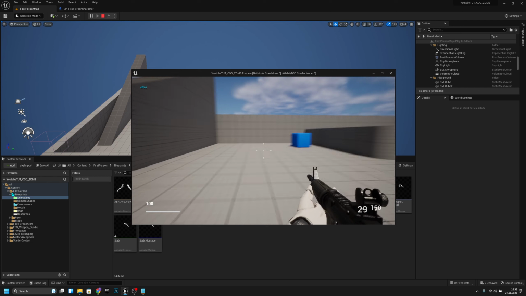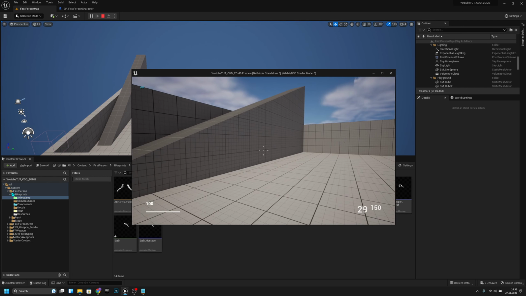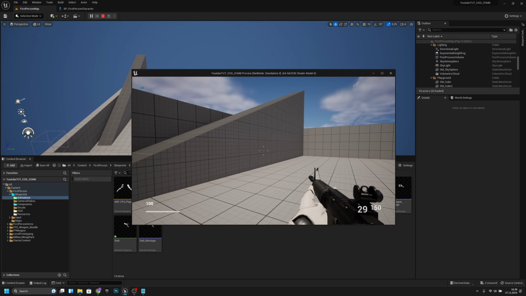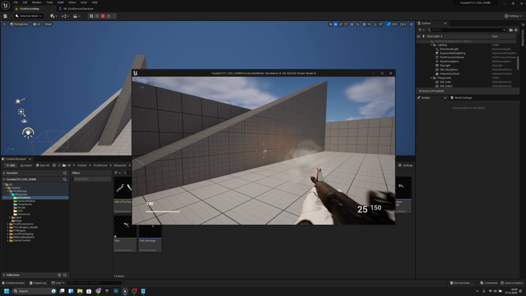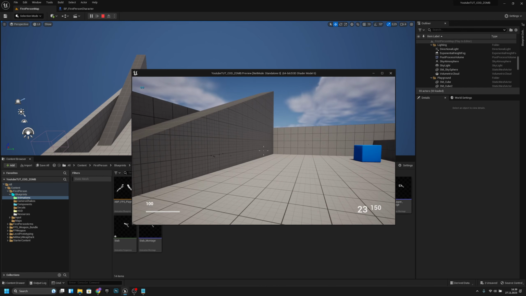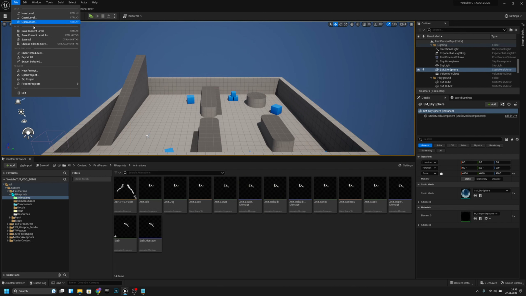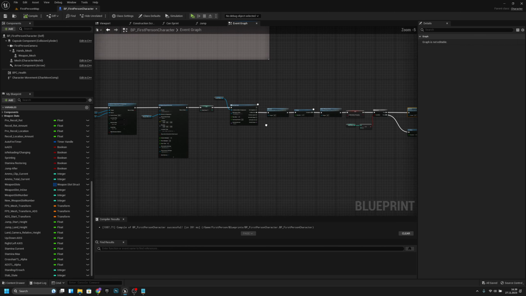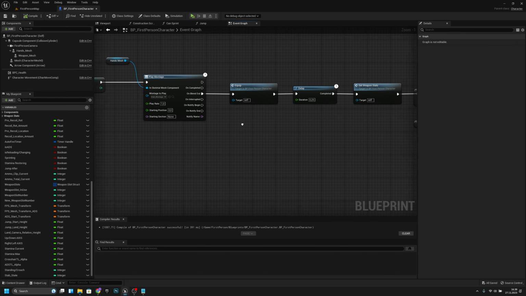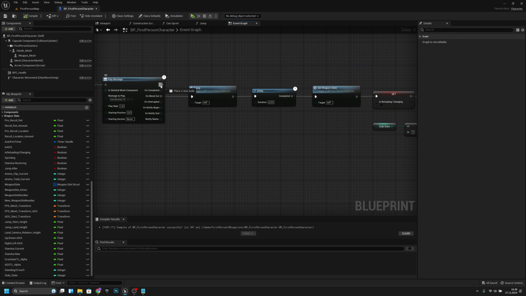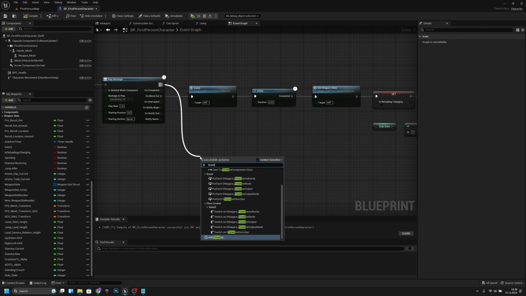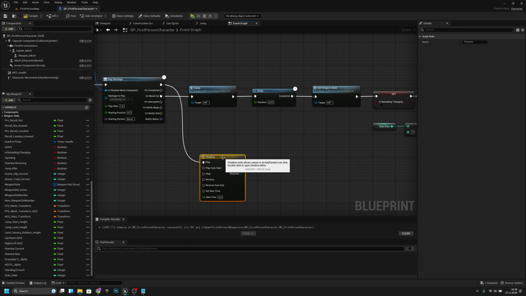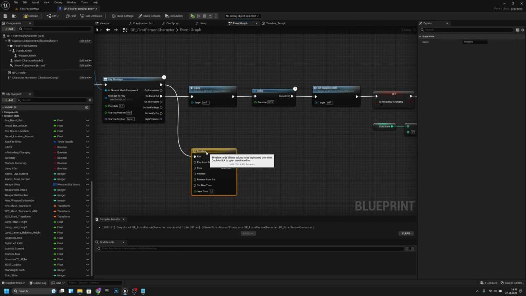Now one more thing we want to add. Now you can see the crosshair doesn't do anything when we are stepping, and I don't like that. I want it to do something like when we are shooting, so it shows that we are doing some action. Okay, let's fix that. That could be fixed by going to the PP first person character, and here after the step montage, we want to create a timeline. Let's go back here. The timeline should be called